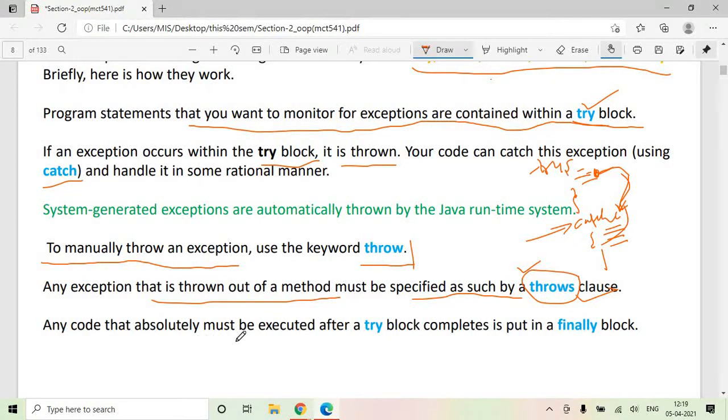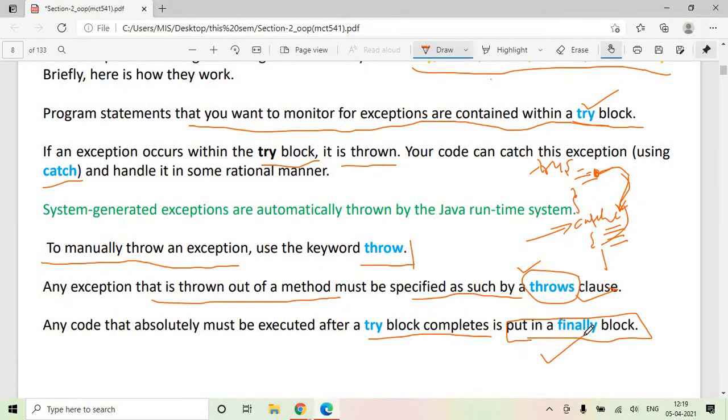Any code that absolutely must be executed after a try block completes is put in the finally block. So the finally block is a block which will always get executed. If your code generates an exception, then also the code written in the finally block gets executed.